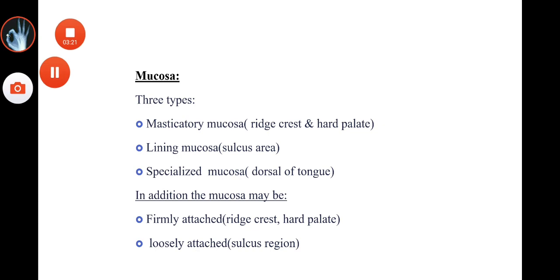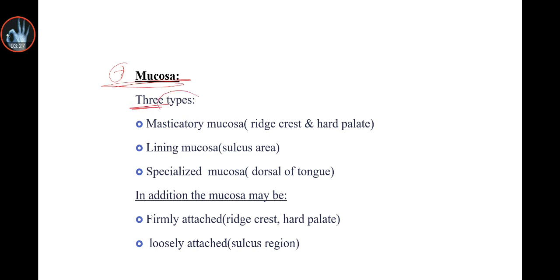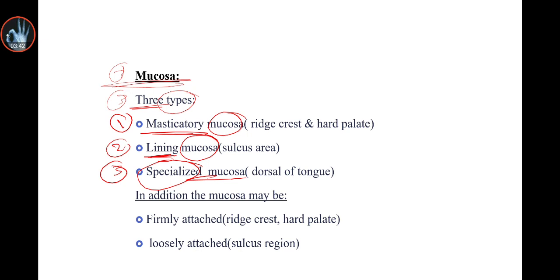Mucosa, the third division, as we said, there is a mucosa واللي هي الأغشية. So there is three types of the mucosa. The first type is masticatory mucosa, and the second type is lining mucosa, and the third type is specialized mucosa. So the masticatory mucosa means that's the mucosa needed for an area for a high stress. يعني masticatory mucosa for mastication، يعني أغشية موجودة أساسها وخدمتها في الماستيكيشن، في عملية المضغ.